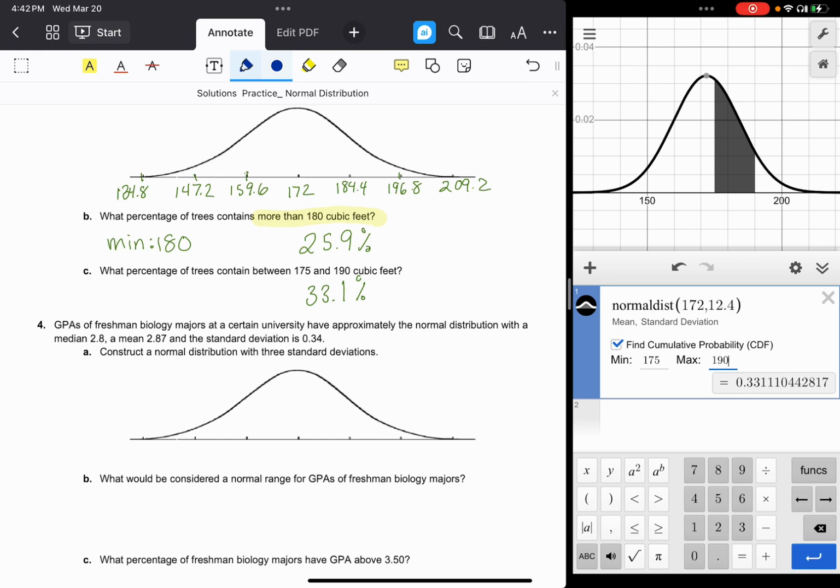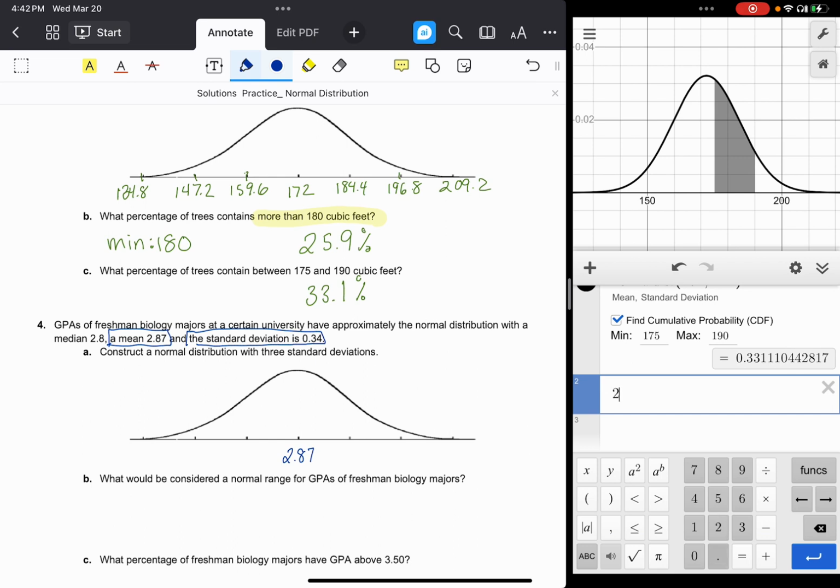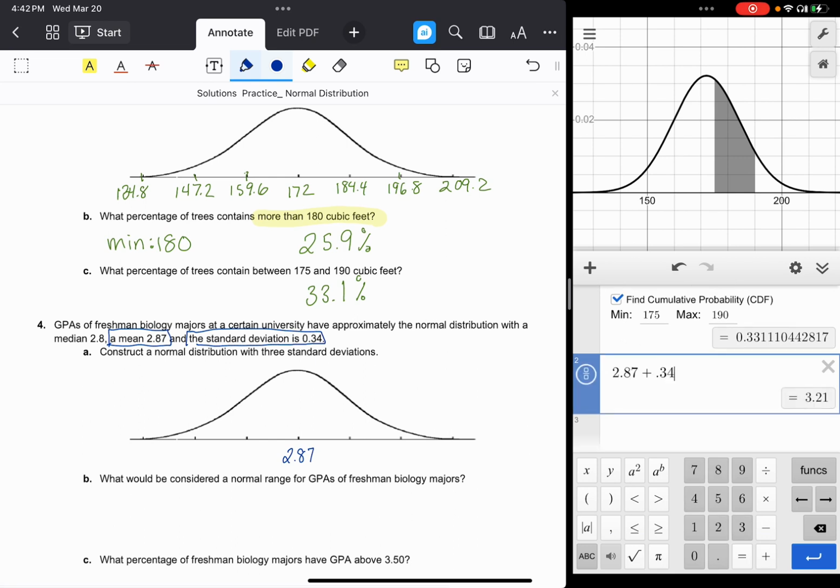So the mean and median are pretty close, but they're not exact. So we still want to use that mean, not the median. Standard deviations involve the mean, and normal distributions involve the mean also. And so we want to take that 2.87 GPA and we're going to add 0.34 to it to get one